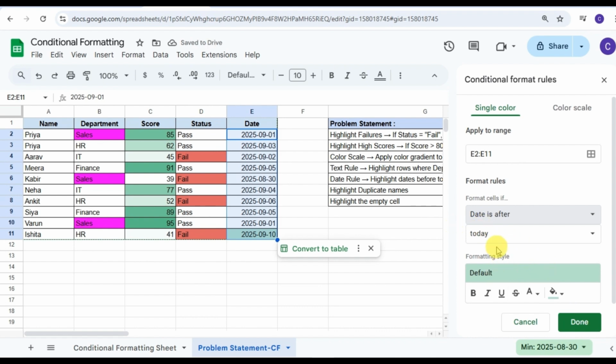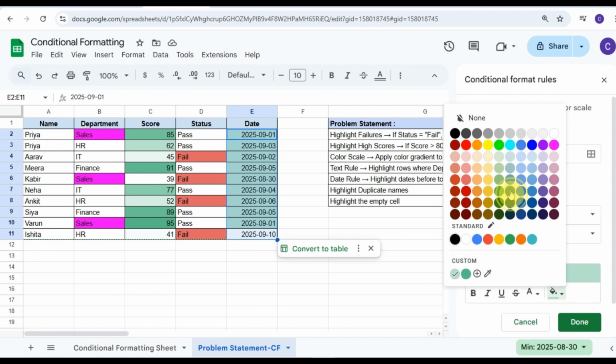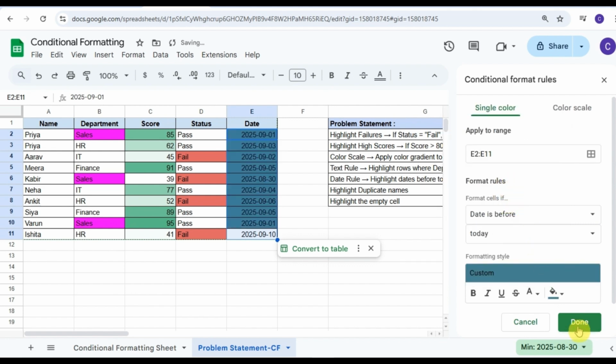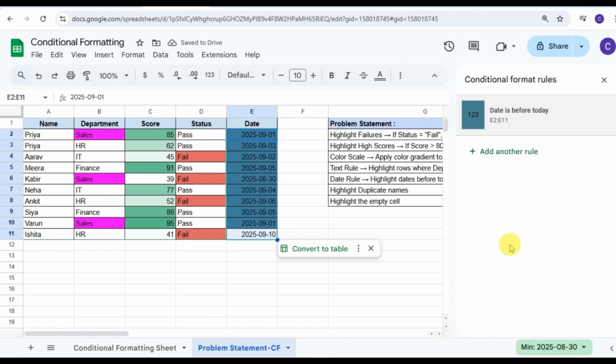So I am highlighting the dates wherever the date falls after today. Or if you want to choose before, you can also do that. How can you do it? Date is before. So suppose now we are changing it to date is before, and then we can choose the color. So here this blue color, and then done. So all the dates before today are printed in this gray color.